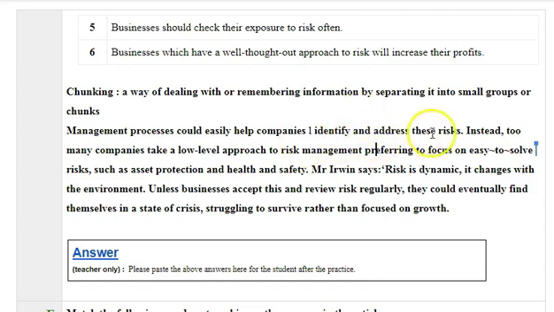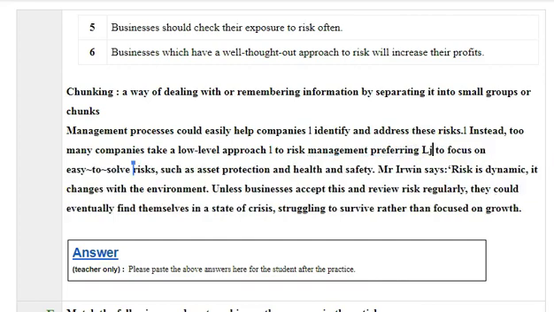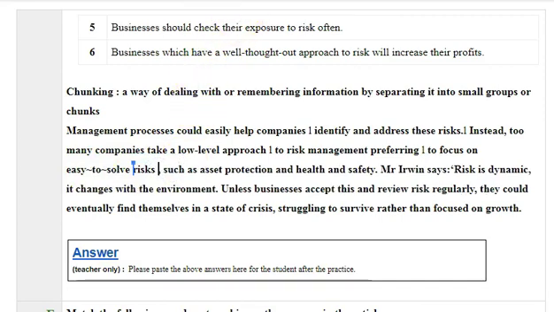Okay. Identify and address this risk. So instead, too many companies take a low level approach to risk management, preferring to focus on easy to solve risk such as asset protection,